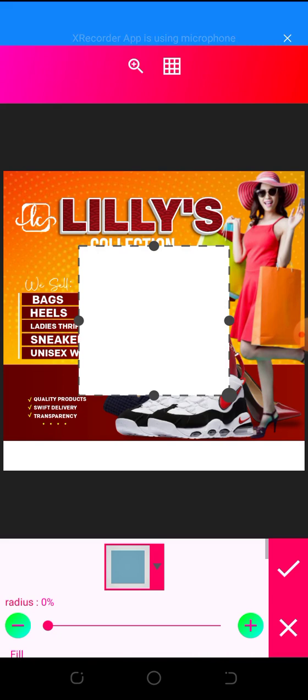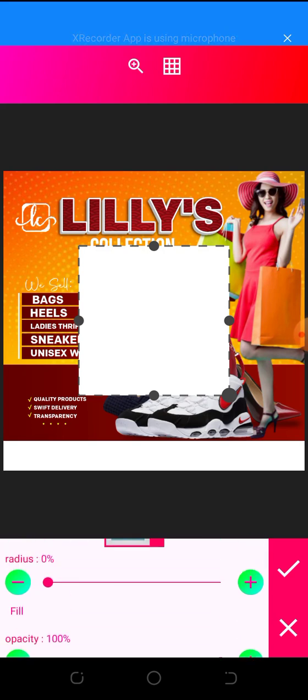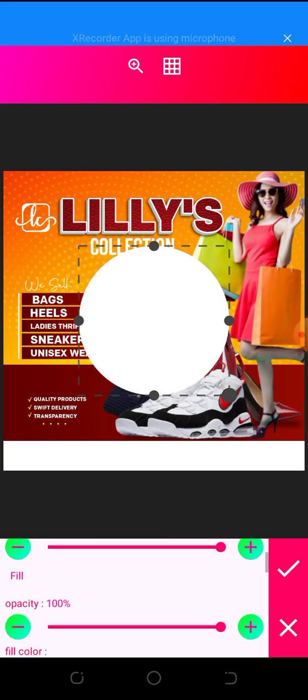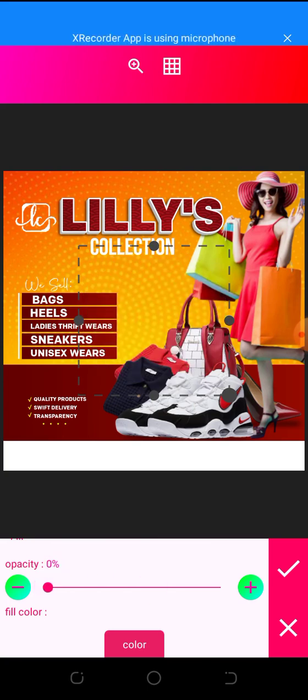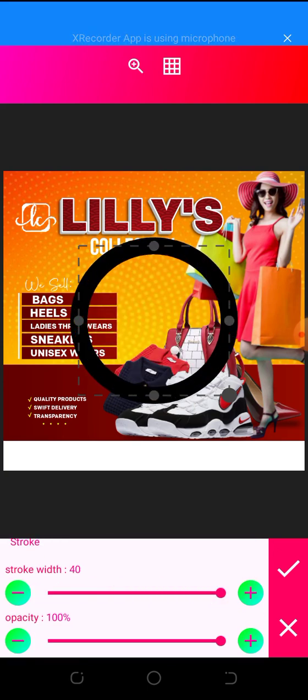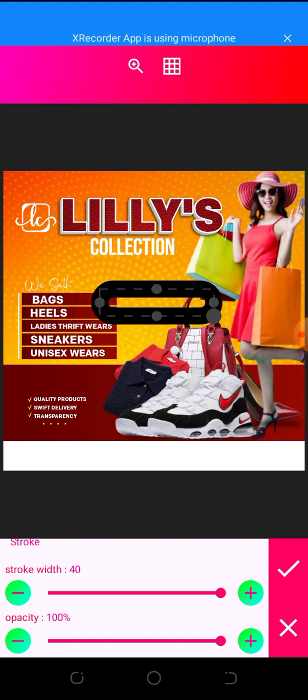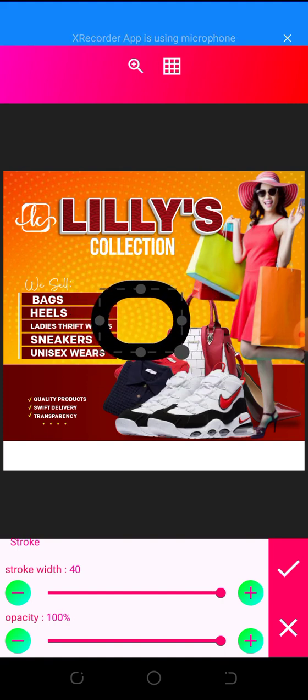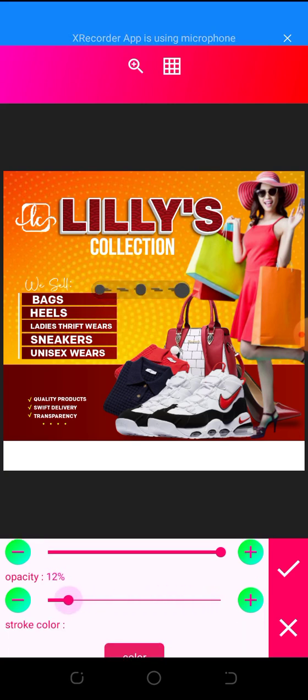Come to your shape. There are different ways by which you can achieve that, and I'm going to do a video to explain 3 ways to achieve shadow effect. Yes. Alright, so I'm just going to explain the one I used in this design. So come to your shape, increase the radius, reduce the opacity, increase the stroke, bring the stroke together like this. Okay, reduce the opacity here,